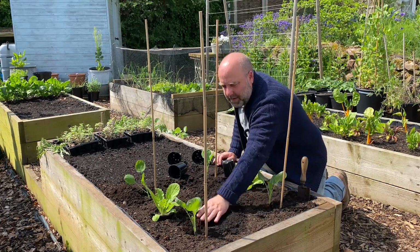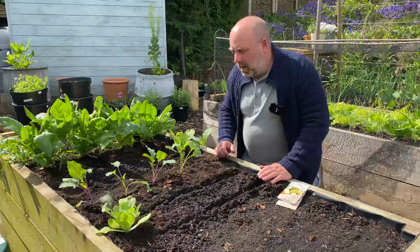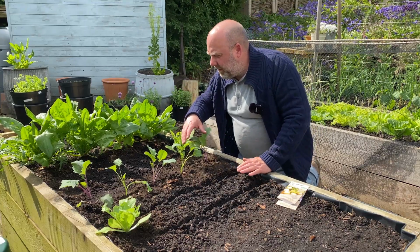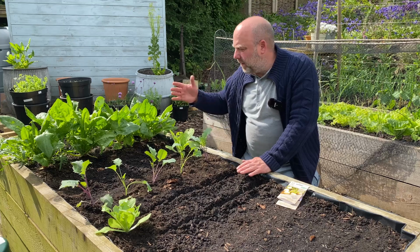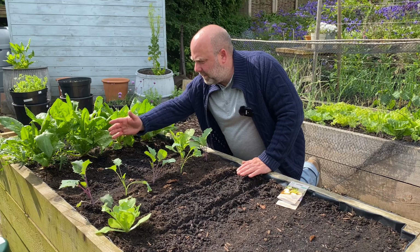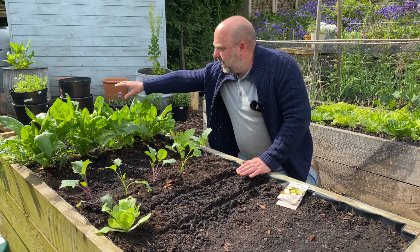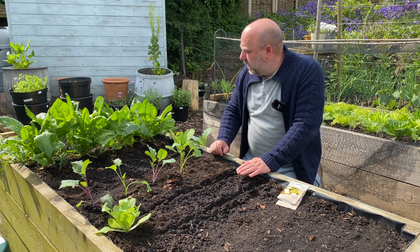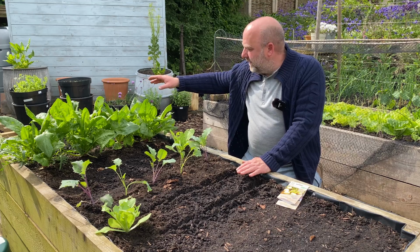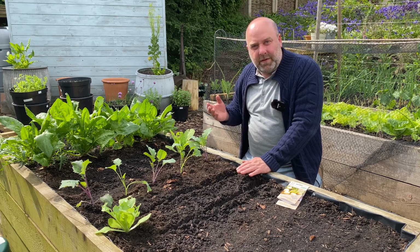Right, I'll finish this up. Right, so that's the Kohlrabi in, about 6 inches, 150 spacing, and I've got some more seedlings. So what I will do is maybe do another row of turnips later on, and the seedlings for the Kohlrabi go here. Because just at the end I'm going to put in a courgette. That's going to be the green one. I've forgotten the name of it. I was humming and hawing whether to put that one in now, but I think I may leave it just another week,